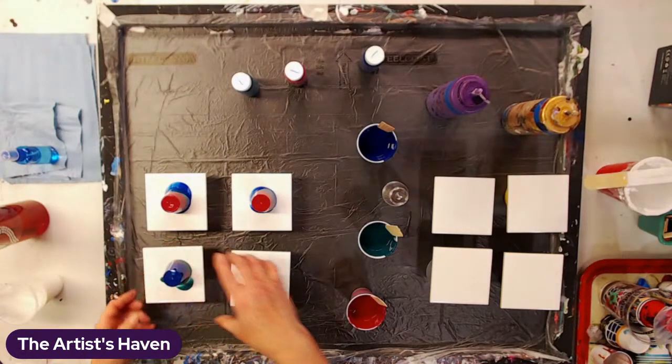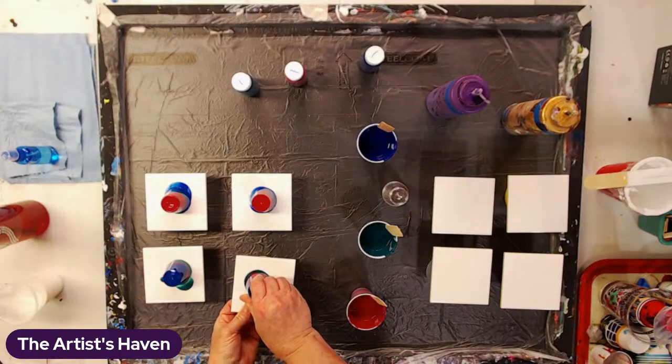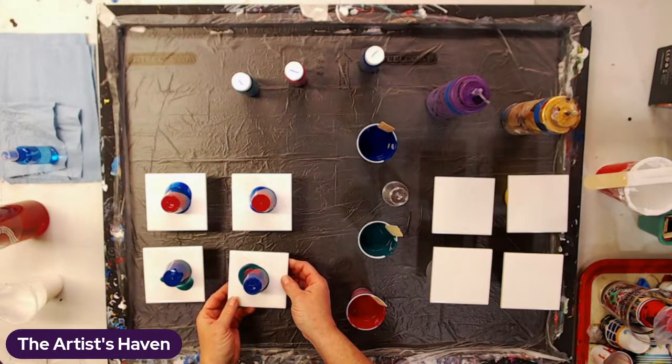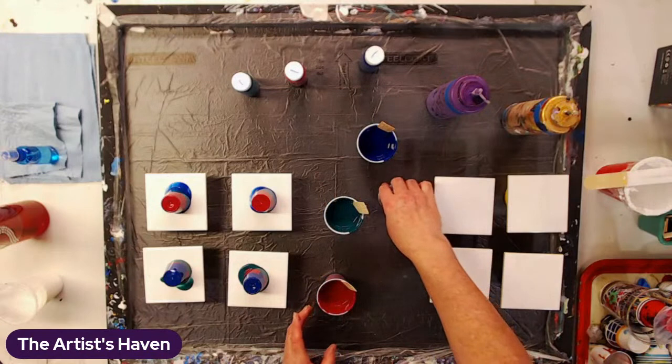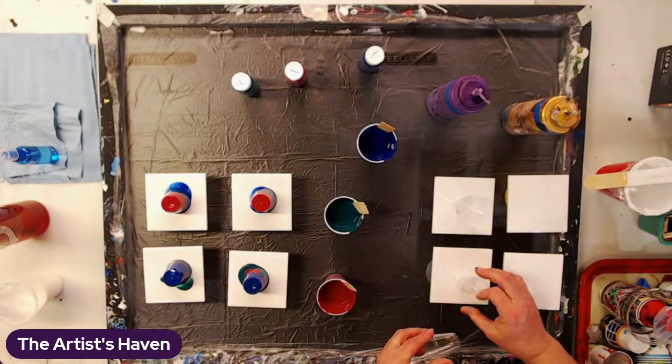So part of the reason why we're doing tiles tonight is I found my little plastic cups. That was one good thing about the move. I found a bunch of stuff that I thought I didn't have, and it's like, oh, that's for that. Okay. So we're going to do...